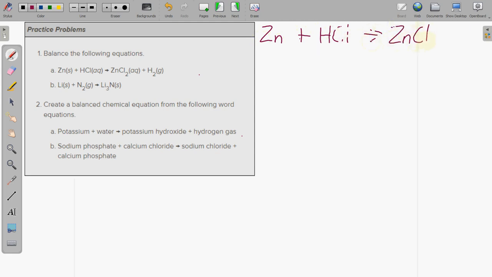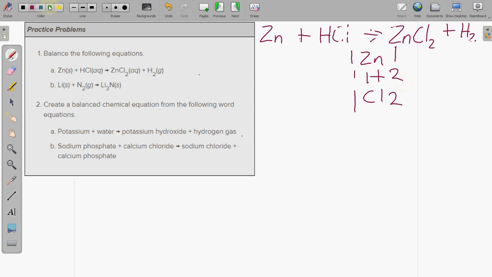zinc chloride plus hydrogen gas. Okay, so we list our elements, and we have one zinc, one hydrogen, one chlorine. One zinc, two chlorines, and two hydrogens. Right, and so